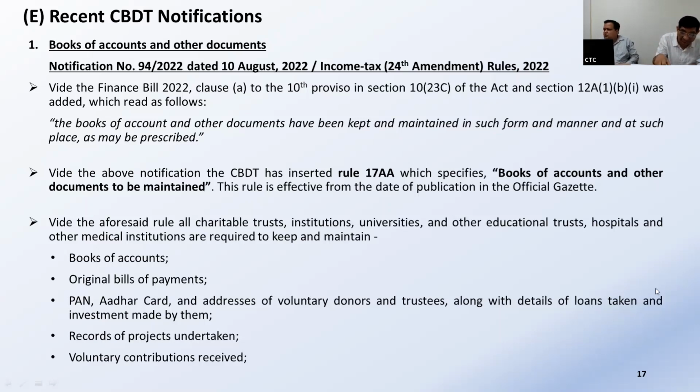Next point: purpose for FCRA. We want to take over the FCRA accounts and the cancellation of FCRA is there also. It is a requirement that any FCRA properties are to be mentioned and maintained accordingly. So there are FCRA provisions, and separate FCRA books of accounts are to be maintained. That is a different field altogether. But this is even more onerous than that. If you look at the FCRA books of accounts, this is more onerous than FCRA. Even these requirements are not there for the business community.